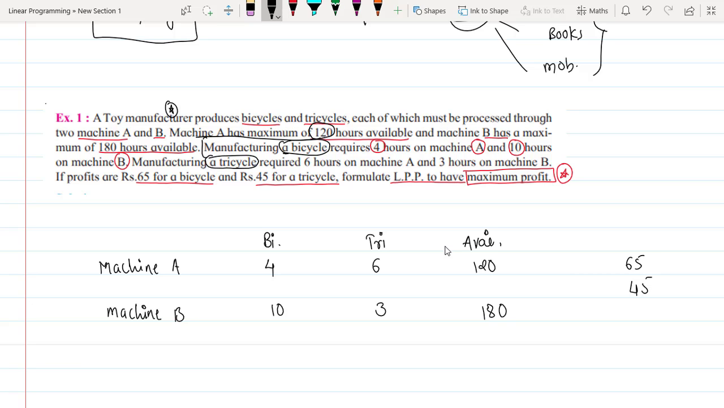So what I have done, I have taken these variables, that is bicycle and tricycle, from the last sentence. Always read the last sentence, from which you will get these two variables which are there in the column, first row, okay. So maximum profit, you want to have the maximum profit. So this is all about, okay. Now to get the maximum profit and to